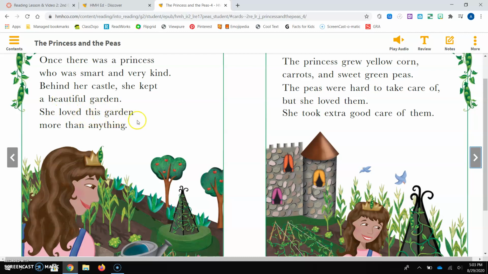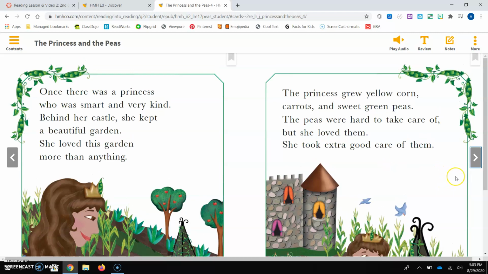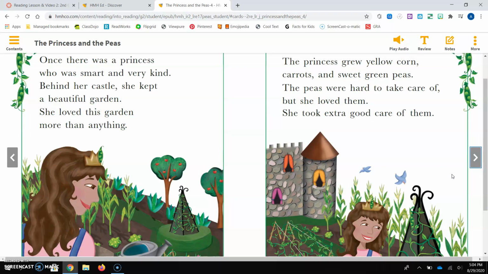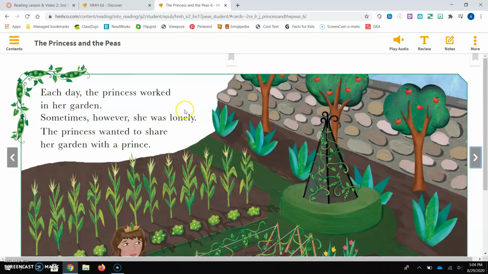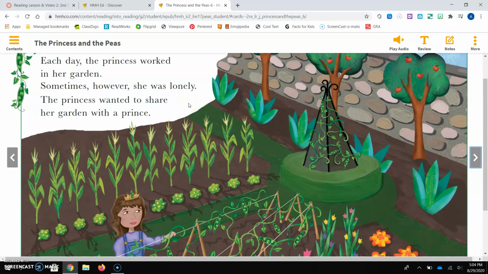She loved this garden more than anything. The princess grew yellow corn, carrots, and sweet green peas. The peas were hard to take care of, but she loved them. She took extra good care of them. Each day, the princess worked in her garden. Sometimes, however, she was